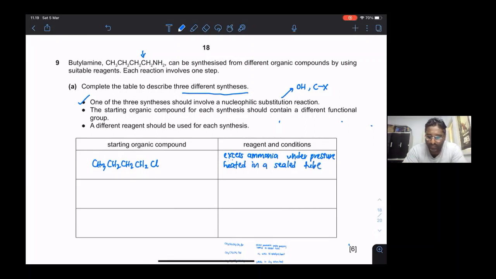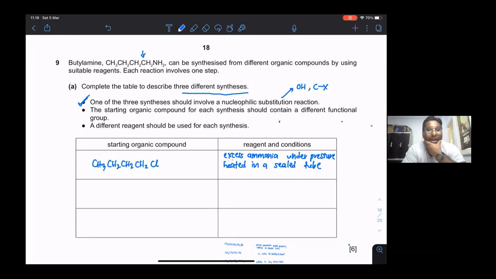Okay. So that's going to be the first one. The second, the starting component, is already done for this. Then different functional groups. So another one maybe, when we look at the production of amine, you can also have something to